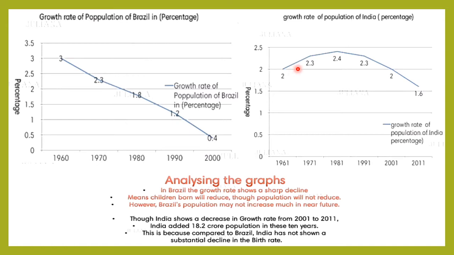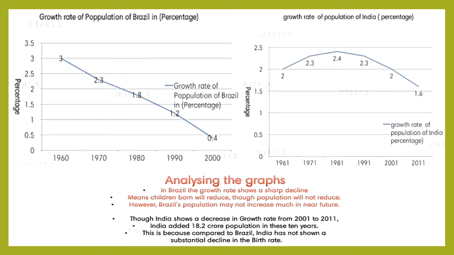See here, you can see that population explosion, there was huge population till 1981. Then afterwards it started declining or decreasing because of the government's effort. Because they can ask you from which year the growth rate of India is declining steadily. So you have to answer from 1991. The growth rate is declining steadily.